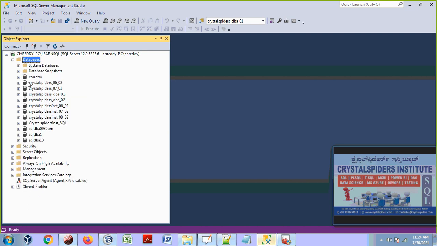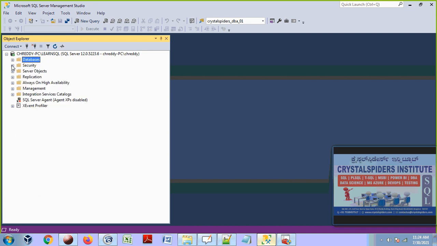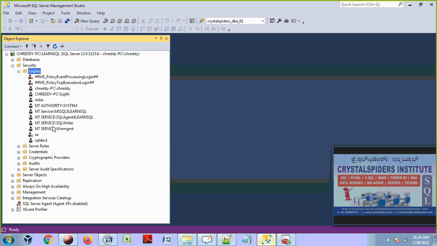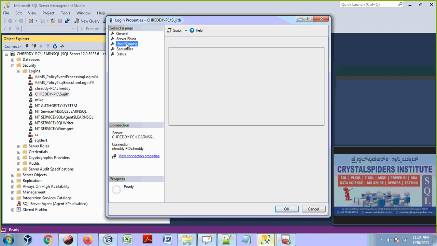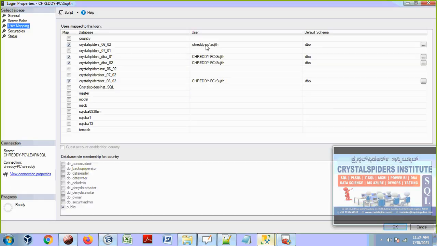If you go back to the properties of this login, under Security, Logins, you can see that it is automatically mapped. Right click, go to Properties and go to User Mappings. Here you see that automatically this is the user we created in this database, and this user has access only on the employee table, but not on any roles.